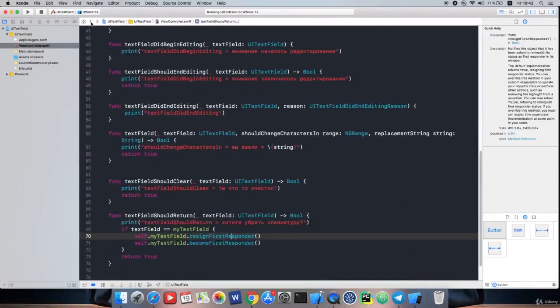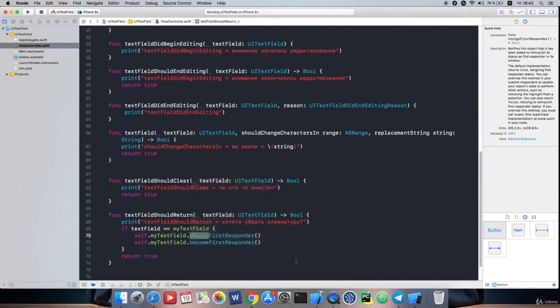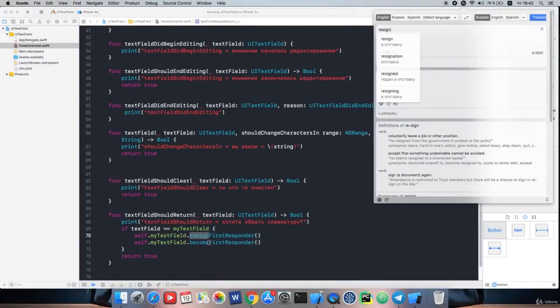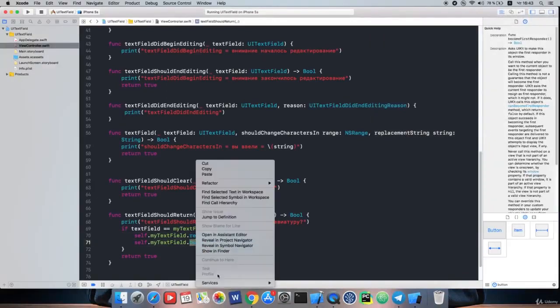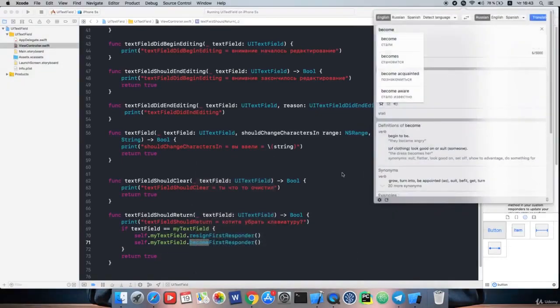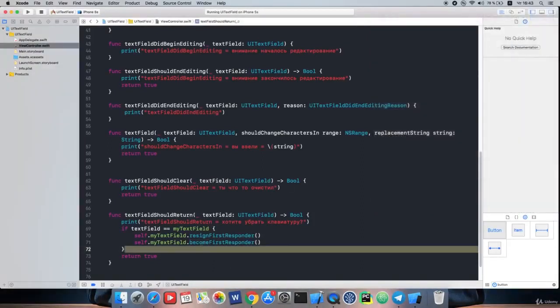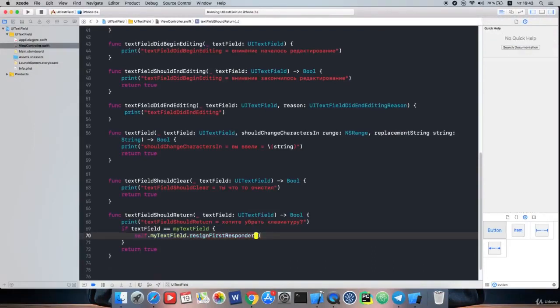We see that it's released. It removes responsibility, and the text field itself is no longer interesting to it. And here it becomes the observer. We need not to point, but to remove. Let's delete this line,